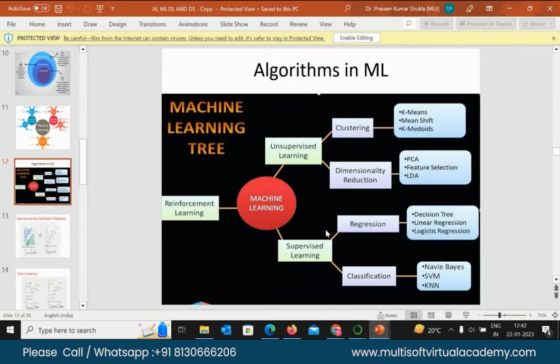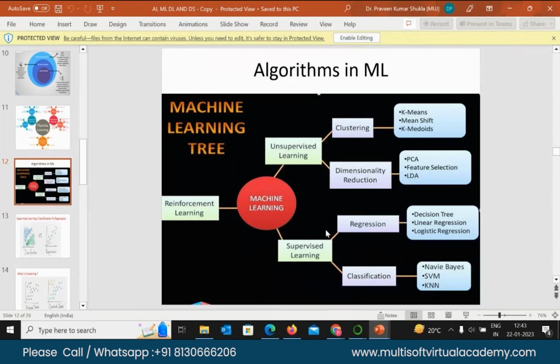What is machine learning doing? Machine learning is the learning of the machine. So you will train the machine. Suppose you tell a child this is A for apple, then after some time it will automatically learn. You want to create the same learning in the machine. Clear to you? Yes or no? It's clear. So you want to generate learning in the machine. You will train the machine in the form of your data, right? So you will divide